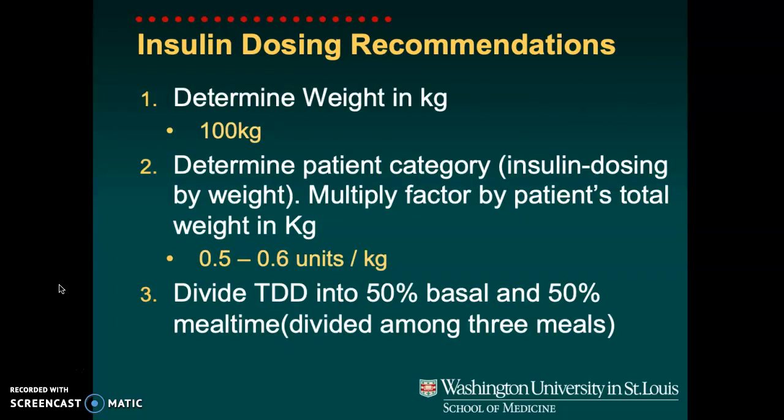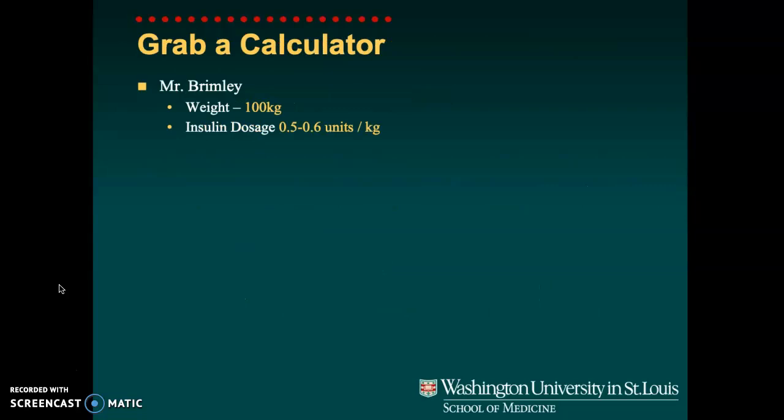So far we have the patient's weight, we have the multiplier that we're going to use, so now let's do some math. So we know that he weighs 100 kilograms. We're going to use somewhere between 0.5 and 0.6 units per kilogram to determine his total daily insulin dose. For the sake of ease of math, we're going to use 0.6. So we take 100, we multiply by 0.6 units per kilogram, and we end up with 60 units of total